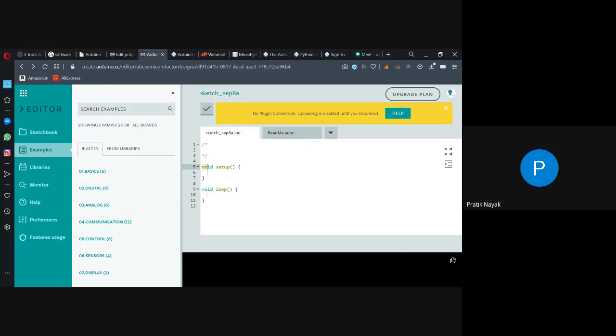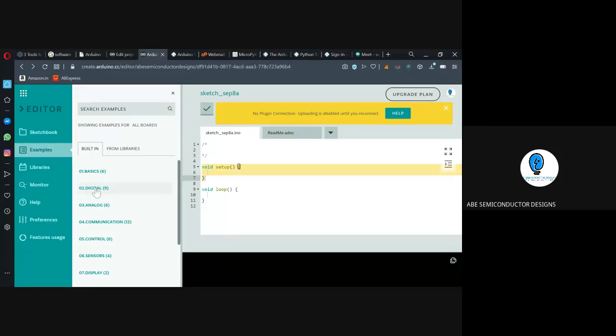That is related to retrieving values from the sensors. Yes, that is when you want the sensors, you want to control an application, read data from the SD card, and connect the data to the Wi-Fi network. Anything is possible with the help of this, right? So this is the logic which we come across here. This is a void setup and we have a void loop. Actually, I will make a simple code and then we move on to the Python mechanism. So let me have the basic code.